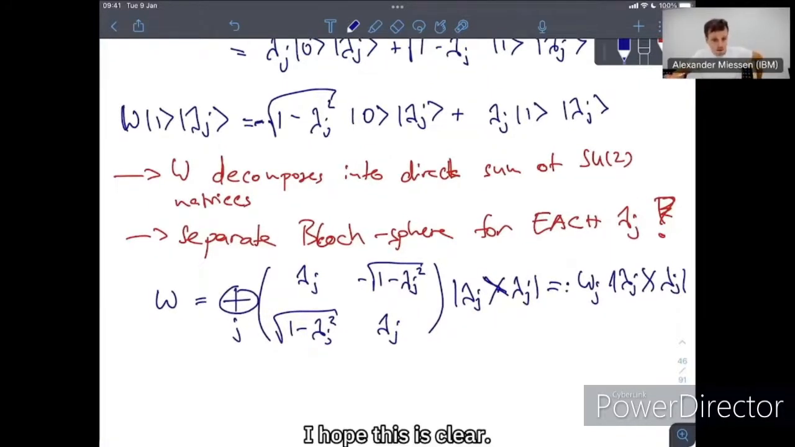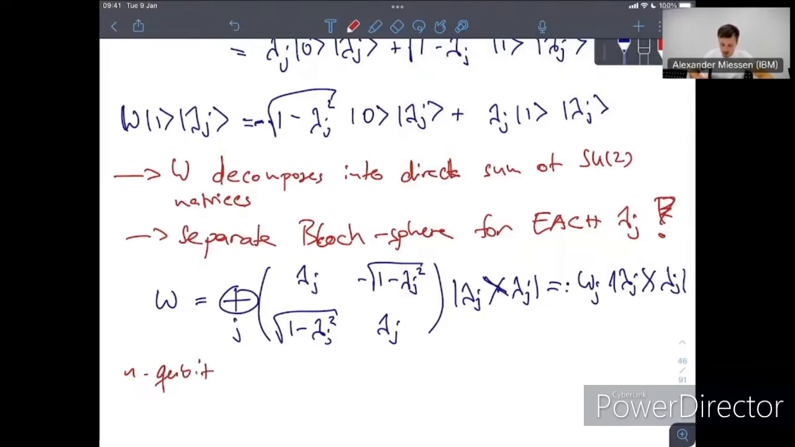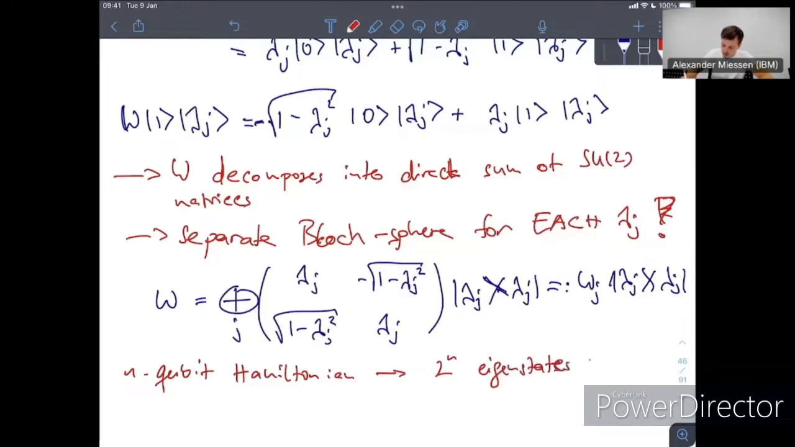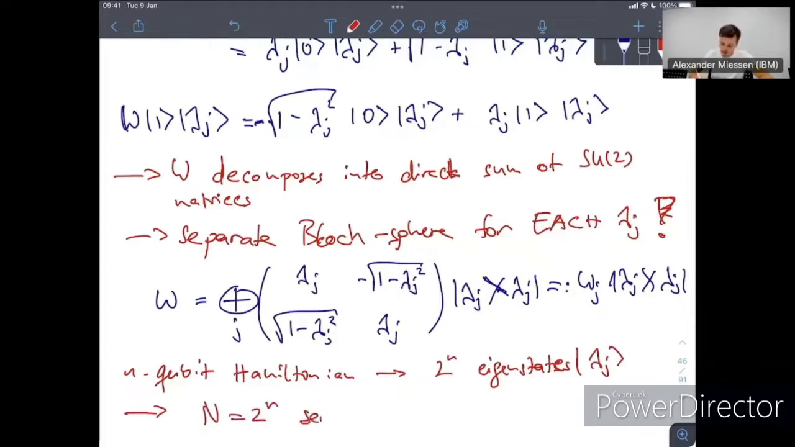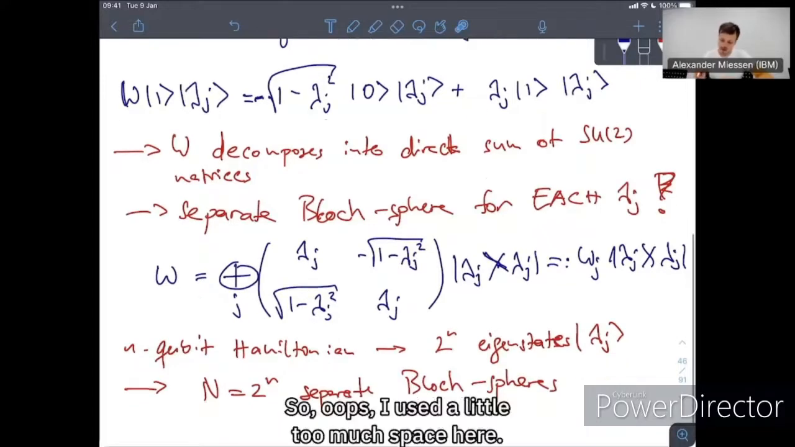Okay, I hope this is clear. But essentially, if we have an n qubit Hamiltonian, then we have 2 to the n eigenstates, and so we have 2 to the n separate subspaces that make up this block encoding, okay? So, oops, I used a little bit too much space here, but essentially,